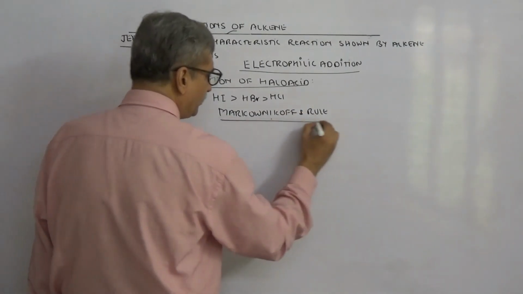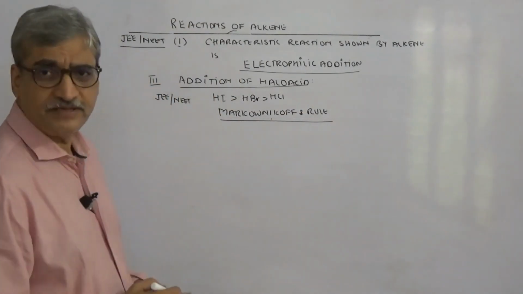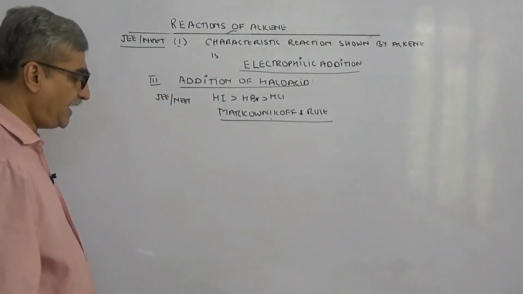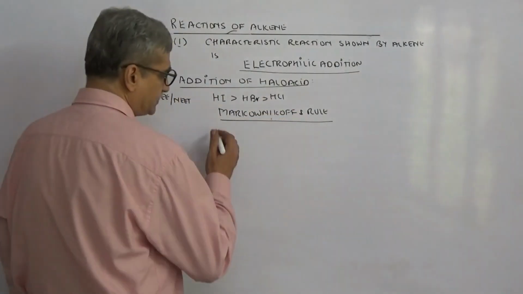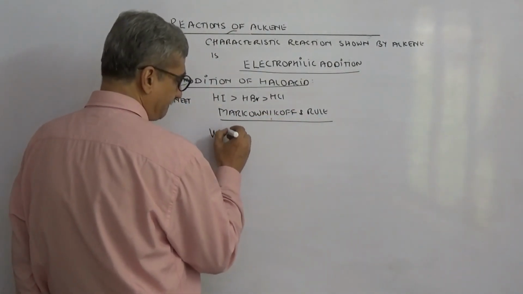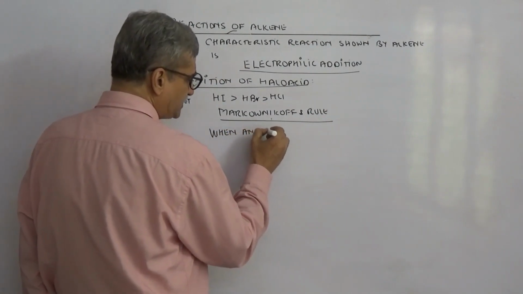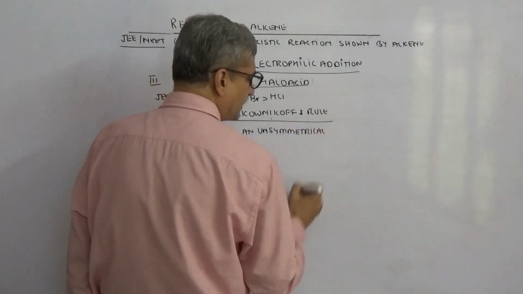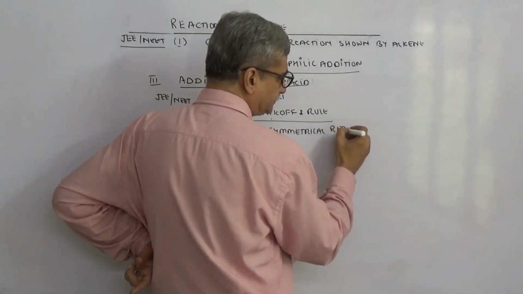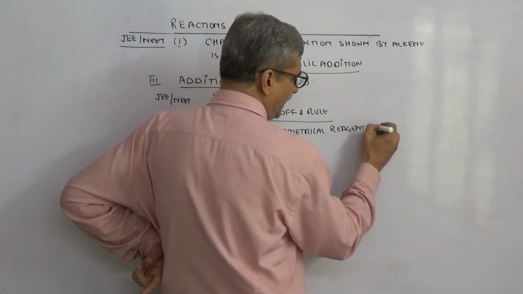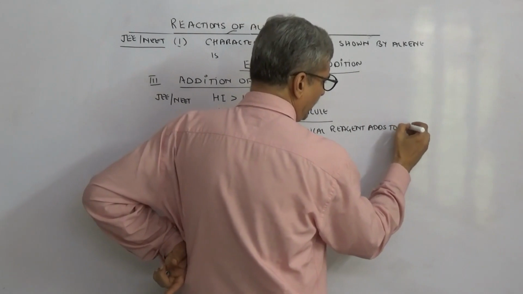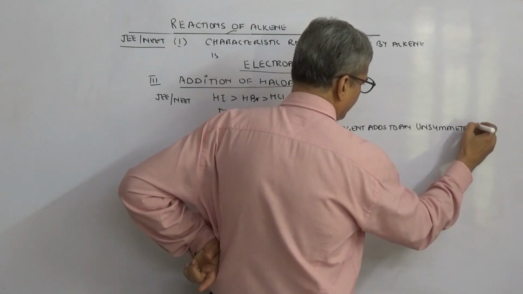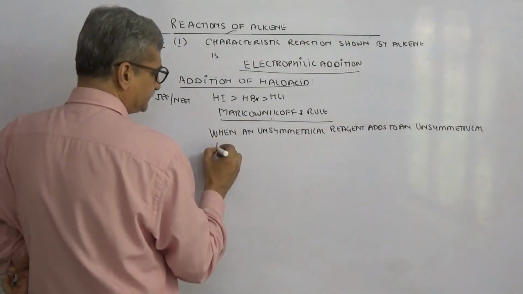According to Markovnikov's rule, when an unsymmetrical reagent adds to an unsymmetrical alkene,